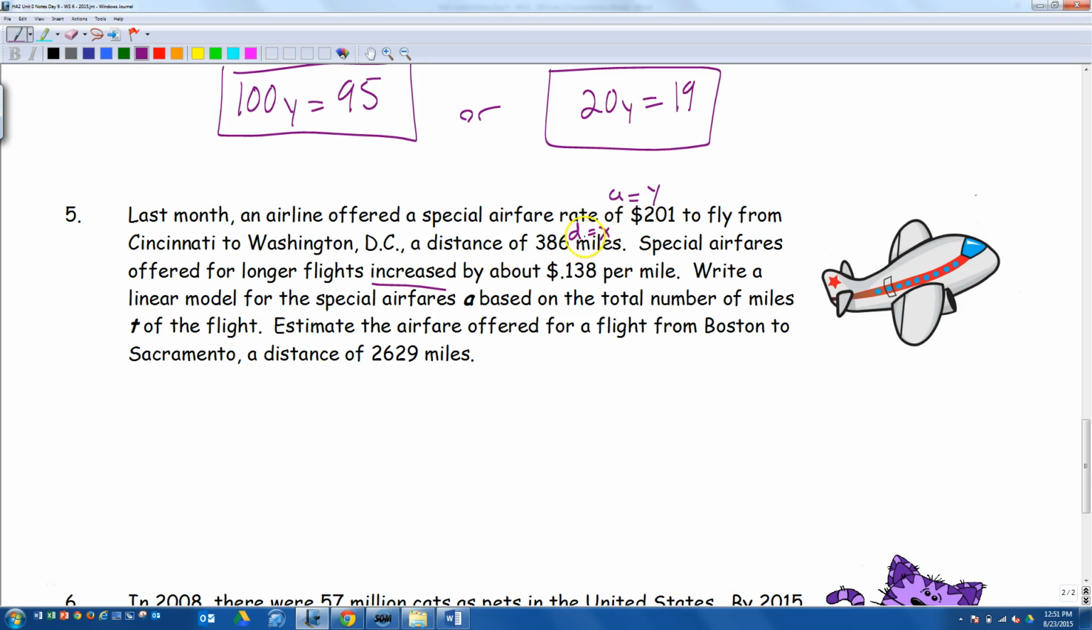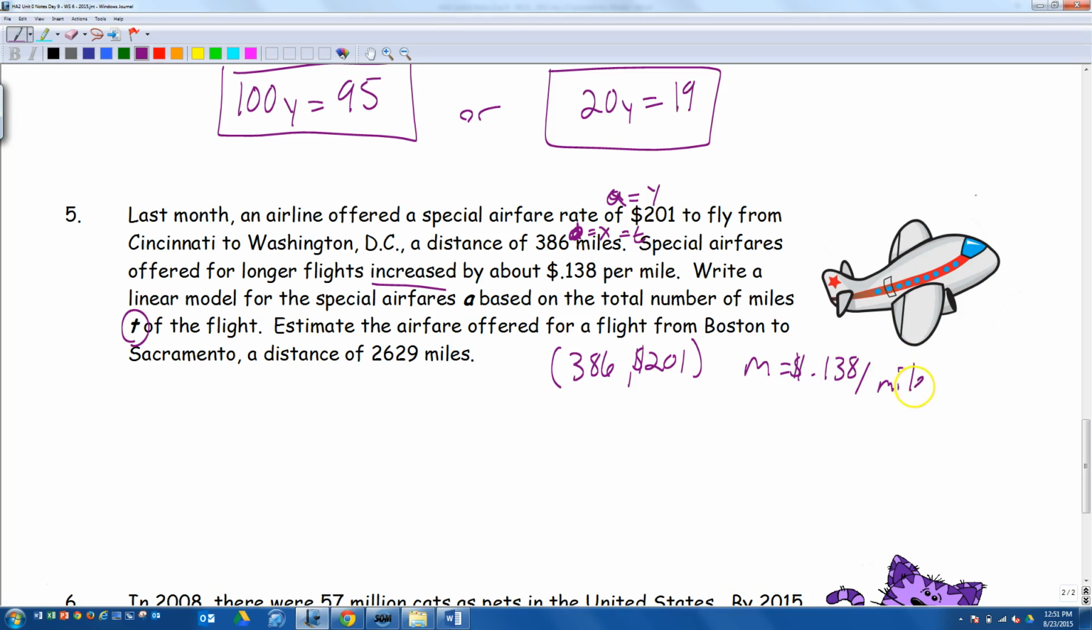And actually this is going to be the time of flight, so number of miles t of the flight. So we're using t instead of d. So we have A and t. A is y, t is x. So we can write our point: we know that when our distance is 386 miles, it costs $201. We also know that the slope is equal to $0.138